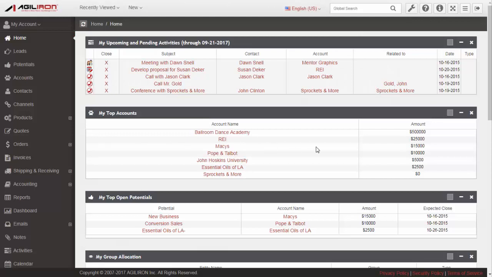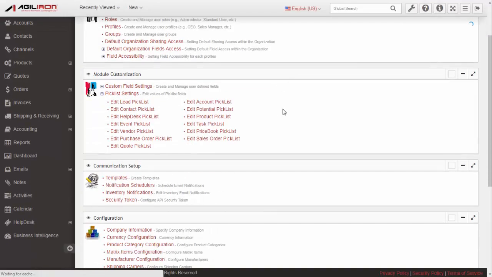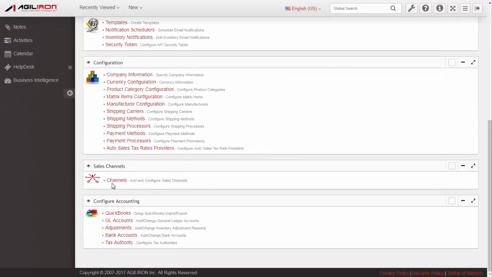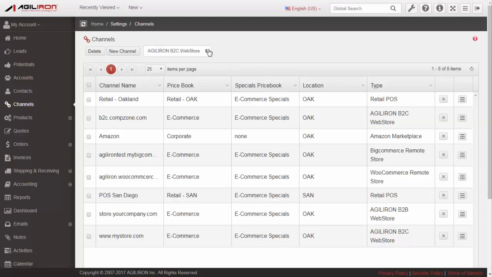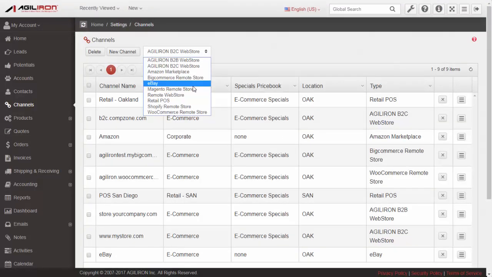Let's start simply by setting up eBay as an Agiliron sales channel. We go to the upper right-hand corner of the screen, to this wrench icon here called Settings. Click and scroll down the page to the Sales Channels selection and click Channels. On the next screen, you notice a drop-down menu, right here, with the list of all the different sales channels